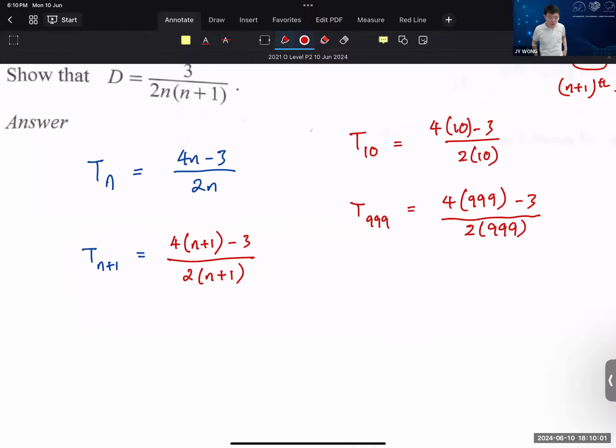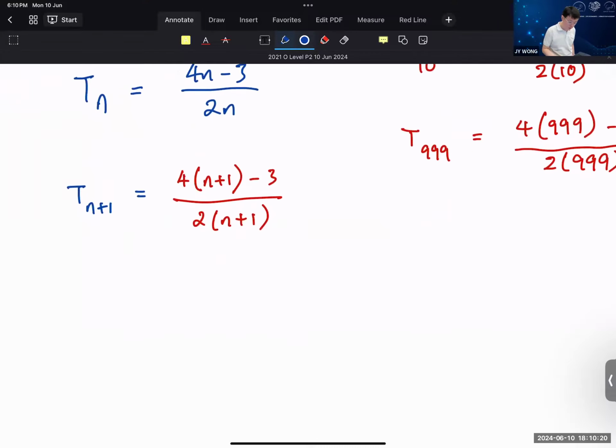Some of you get confused. You know how to substitute, especially with numbers, but when I tell you n plus 1 term, you're like, what is n plus 1 term? That is just what it means. Instead of substituting n, you substitute n plus 1. Okay? And that gives us